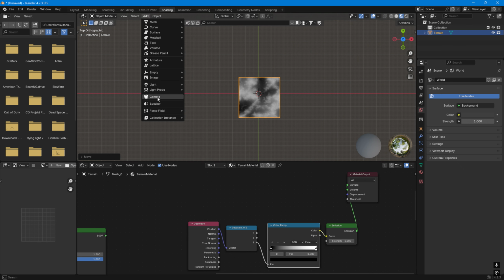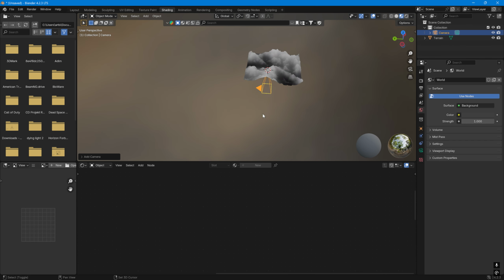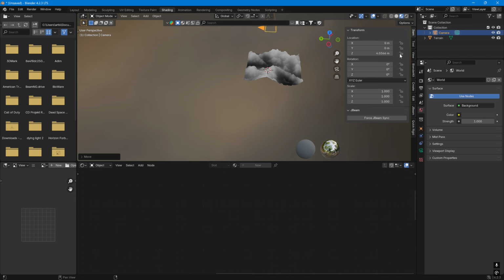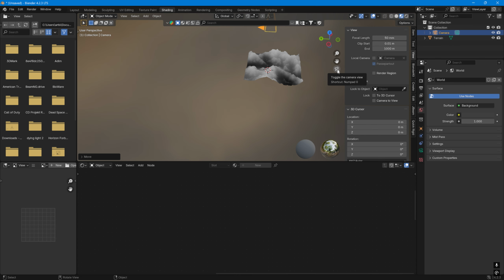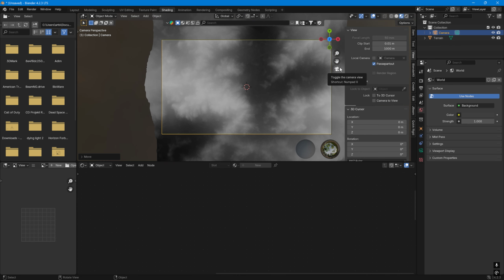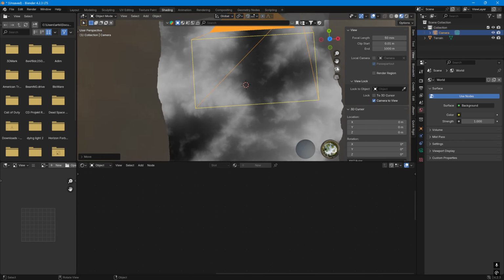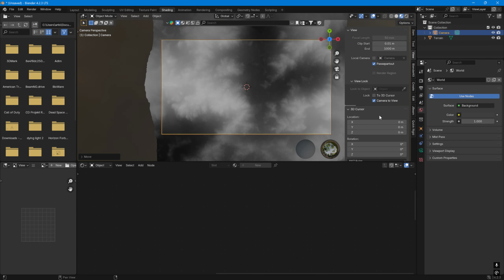Add camera. And then from side view, you can press G and then Z to move it up. You can go over this tab here and tell it in view to toggle the camera view. Tell it to camera to view and then select the camera. That way what you do with the camera,